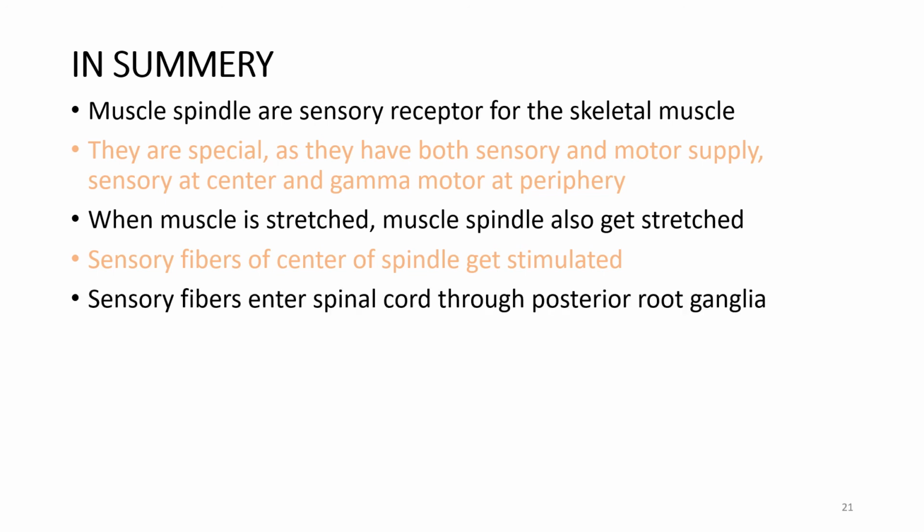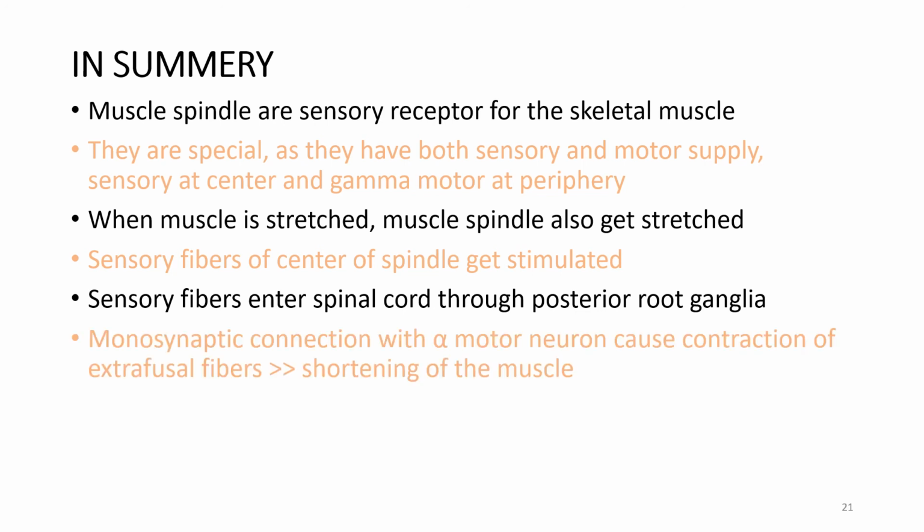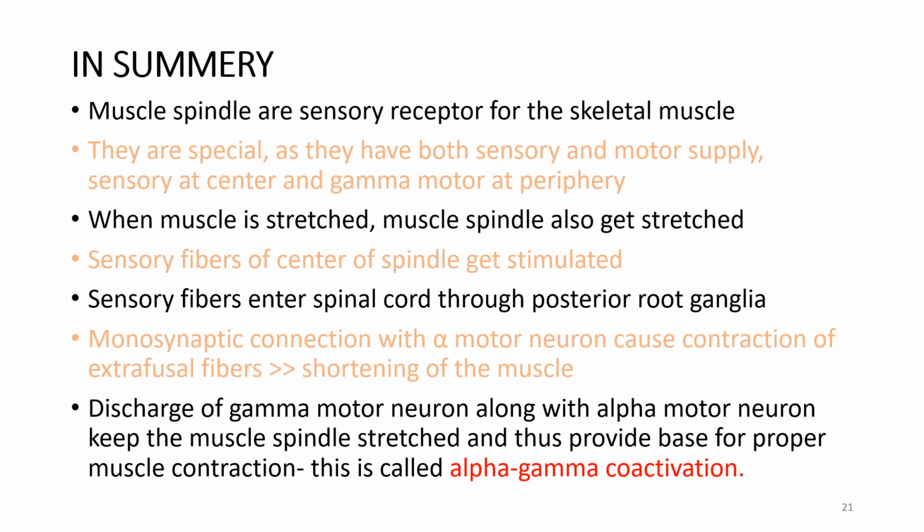Sensory fibers enter the spinal cord through the posterior root ganglia. Monosynaptic connection with the alpha motor neuron causes contraction of the extrafusal fiber and there is shortening of the muscle. Discharge of the gamma motor neuron along with the alpha motor neuron keeps the muscle spindle stretched and thus provides a base for proper muscle contraction. This is called the